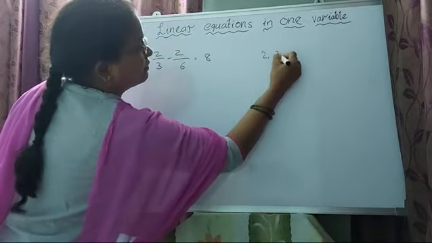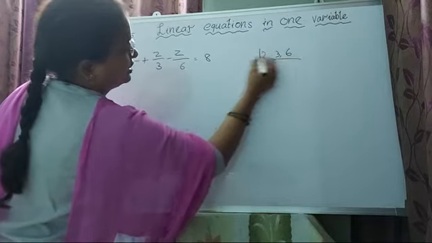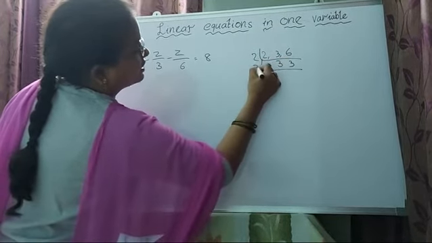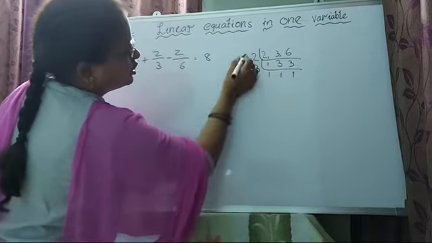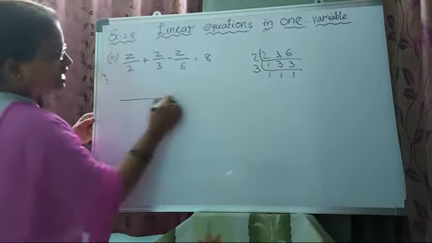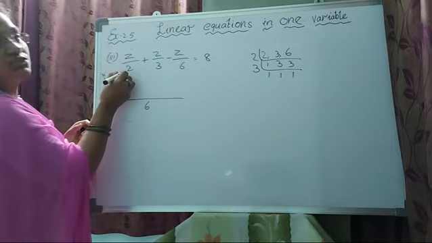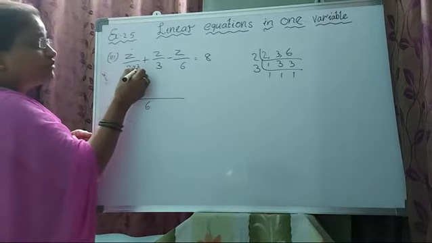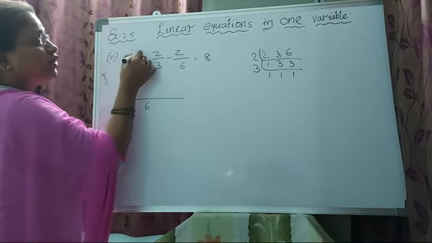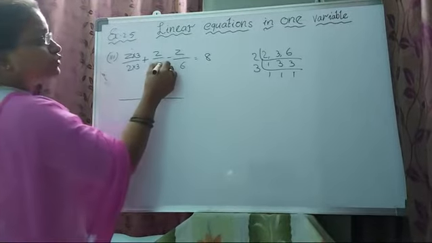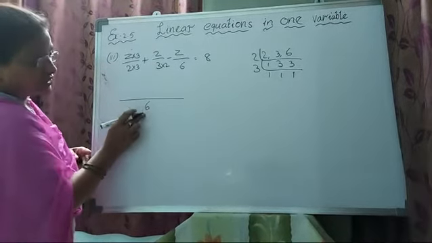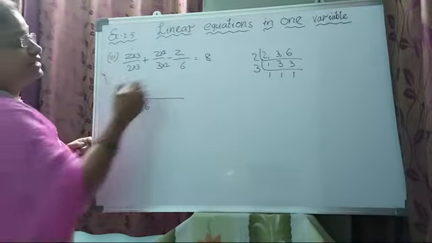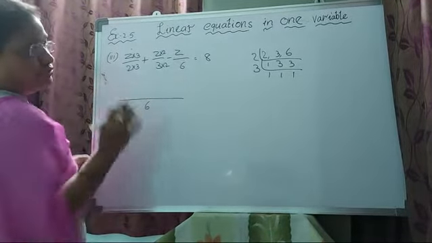2 comma 3 comma 6. Take the LCM for this one. 2 ones 3 as it is, 2 threes are 6, again with 3. 3 ones 1, 2 threes are 6. 6 is the LCM. To make it 6, with which number do we have to multiply? 2 threes. If you multiply the denominator, with the same number you have to multiply the numerator also. See, 3 twos are 6. If you multiply the denominator with the same number, you multiply the numerator. 6, already 6 only, no need to multiply anything.